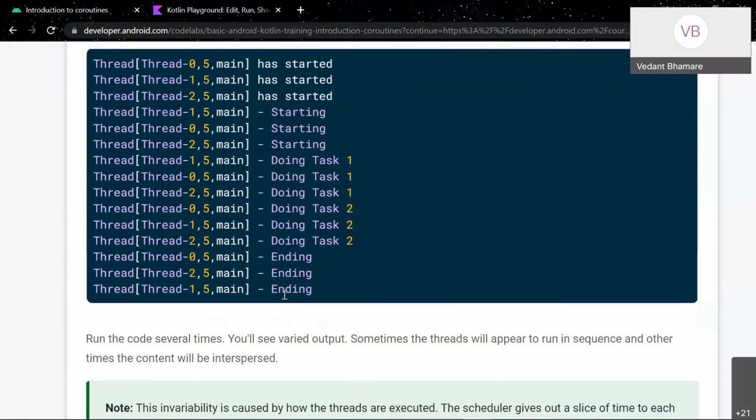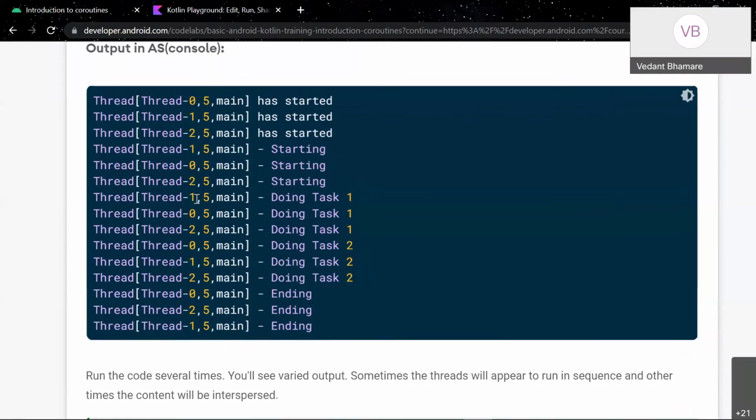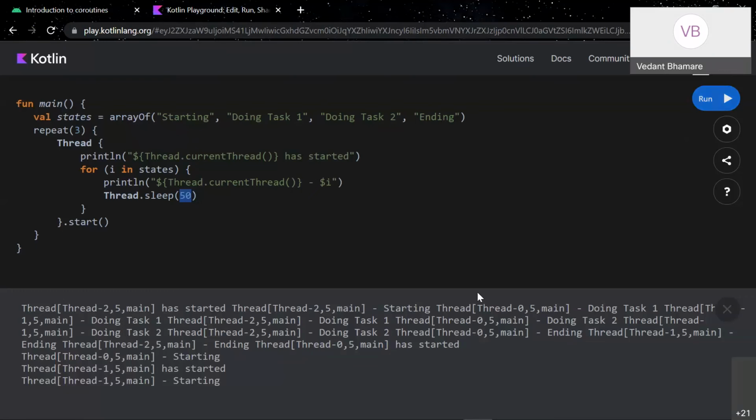As you can see, the order in which the tasks are executed is initially the first thread, then the second, and this is the third thread. The order of execution is different every time. Whenever we play it here, as you can see right now, it's thread 2, 5 and everything.